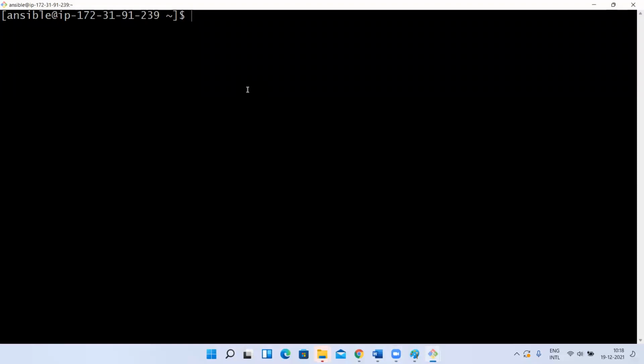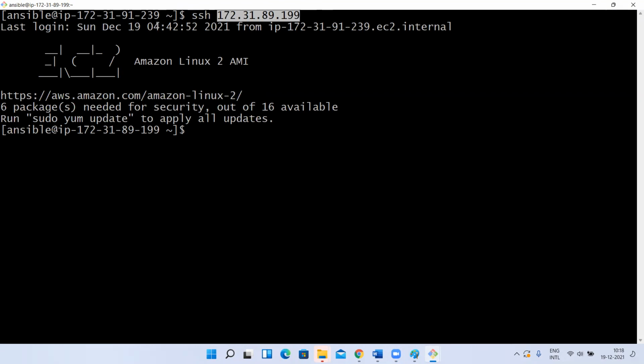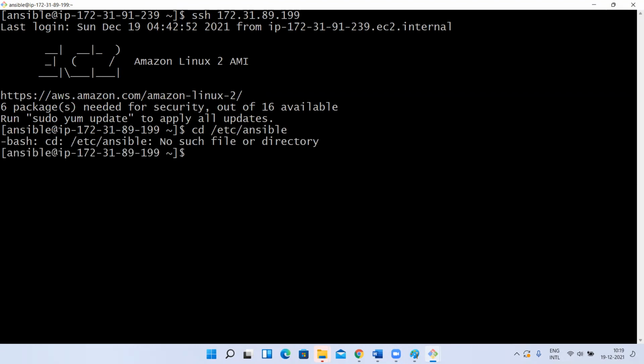Sorry, I connected through SSH. We connected to the slave, right? 111, right? So using this, we connected to the slave, right? Through the SSH command, I'm connecting to the slave machine. Yes, it connected without asking for the password. Here if we type /etc/ansible, it will not show. It is not there, right? This path is not there. So I exited. I came to my master again. So now from slave 1 to master, I came back.